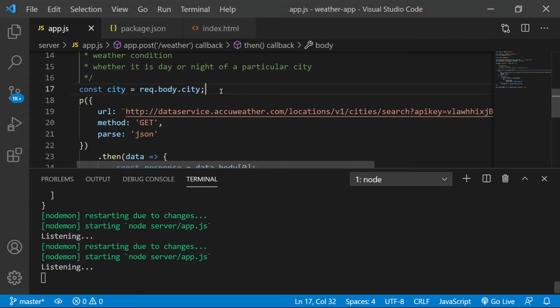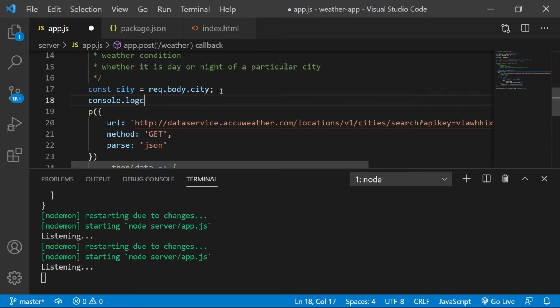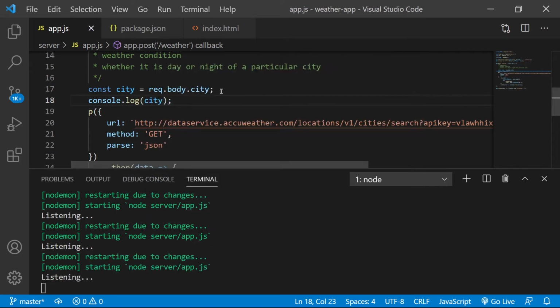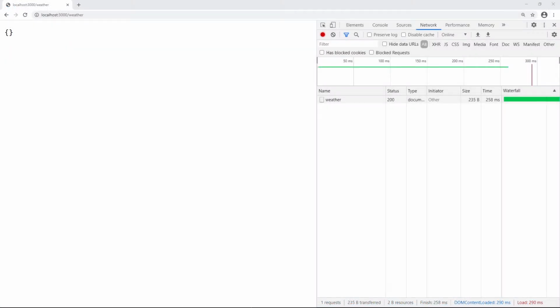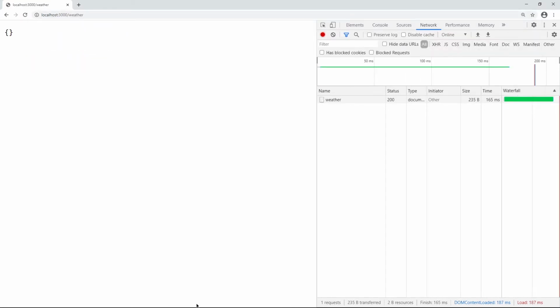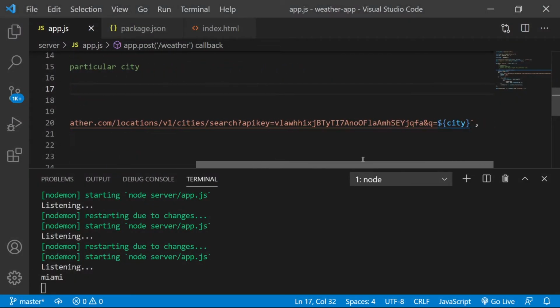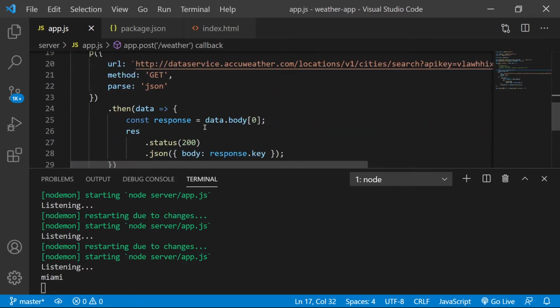I think what may have happened, let me go ahead and console log the city here, which really should be the same, but just to make sure, let's come back here, Miami, come back to my code. So we do get Miami. We are passing that as the URL.